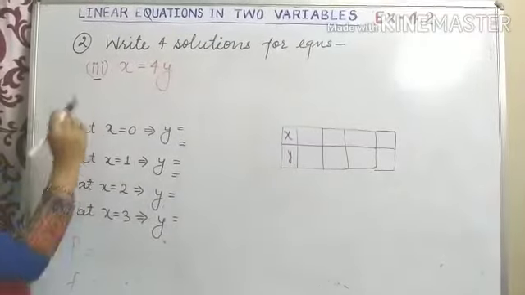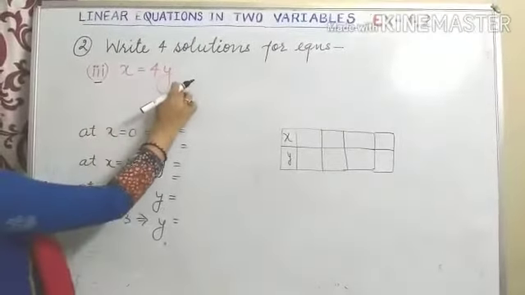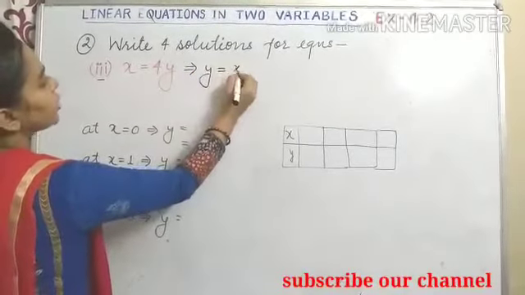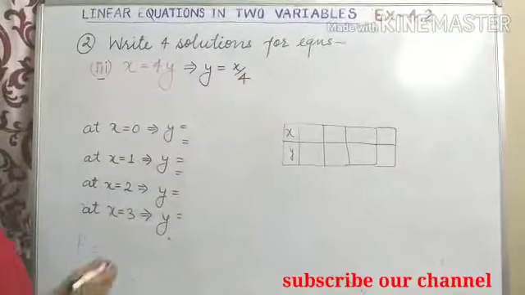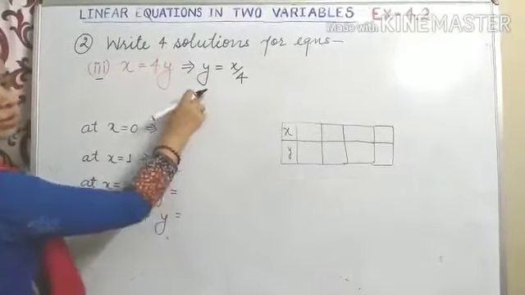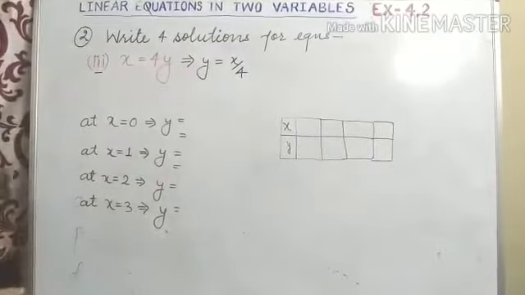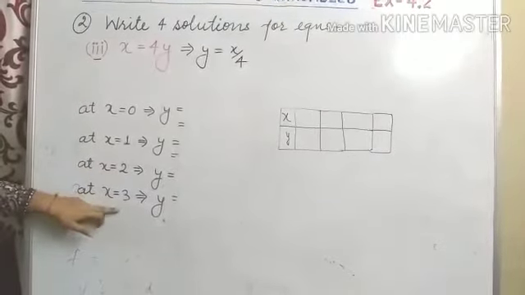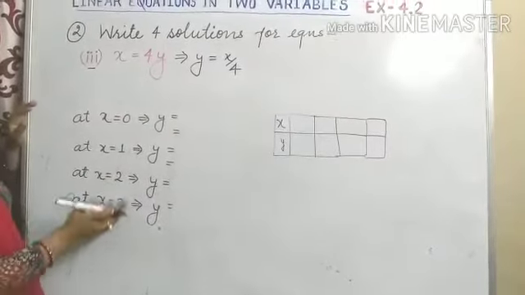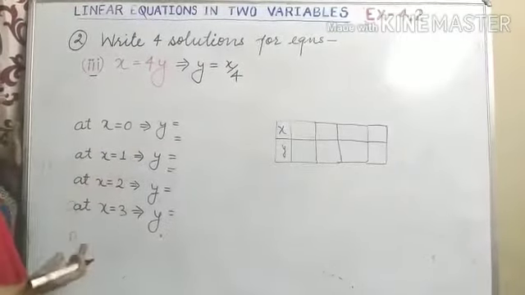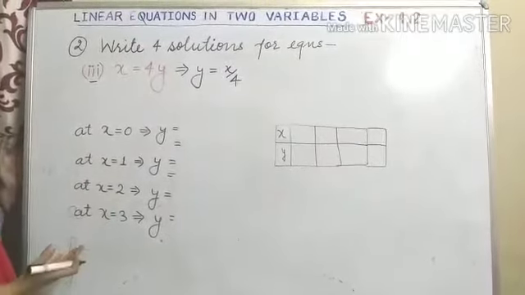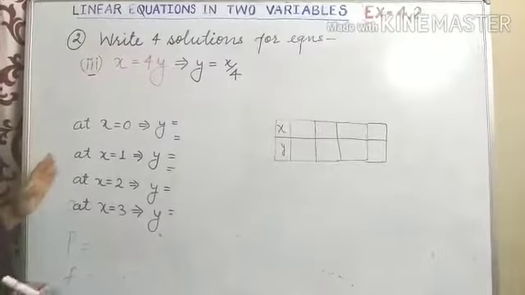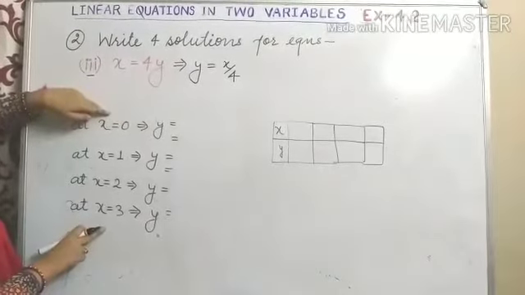Now, the third part of question number 2, the equation is x equal to 4y. Now, you can convert it like y equal to x upon 4, and then we will put different values of x and get different values of y corresponding to x. Again, see, in all the 3 questions, I have taken x equal to 0, 1, 2 and 3. There is no hard and fast rule that you always have to take x as 0, 1, 2, 3. You can take 0, 1, minus 1, minus 2 or minus 3. Anything you want to take, just keep in mind that 4 solutions are required. Therefore, you have to use 4 different values of x.